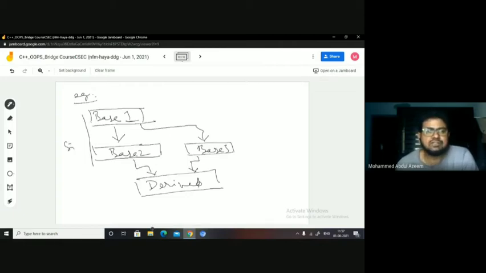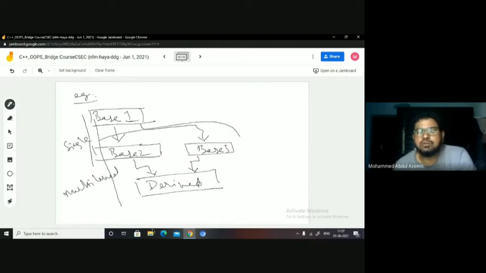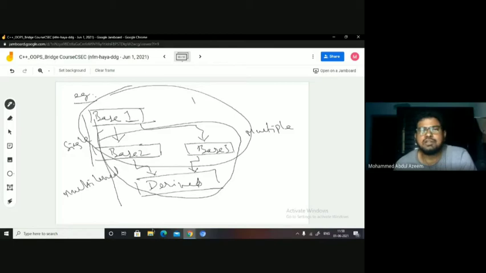This is single level, and this is said to be multi-level. And this is said to be what? This is said to be multiple. And this is said to be what? Hierarchical. Yes or no?